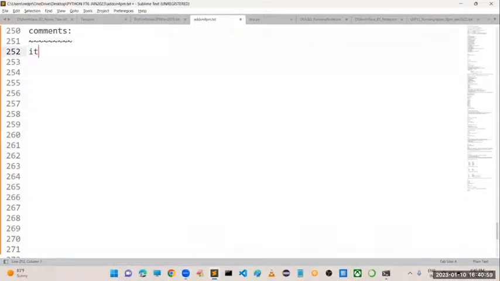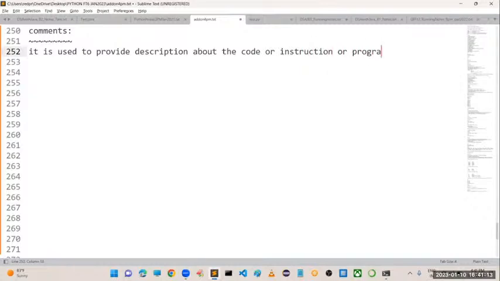The first point, it is used to provide a description about the code, or about the instructions which you have written, or about the program, or about the project you have developed.